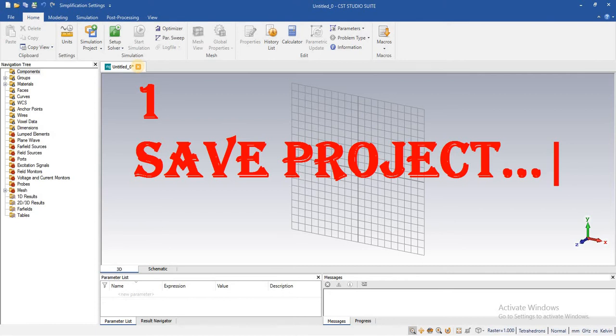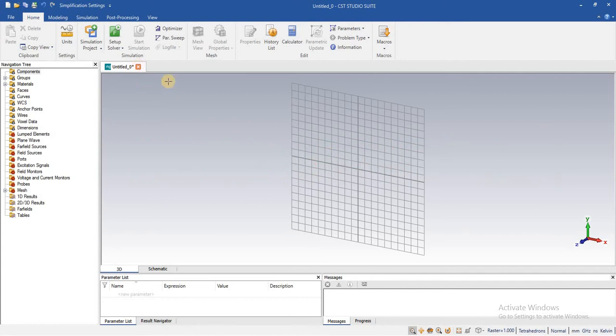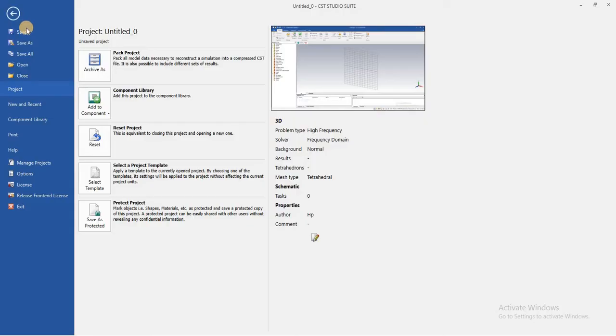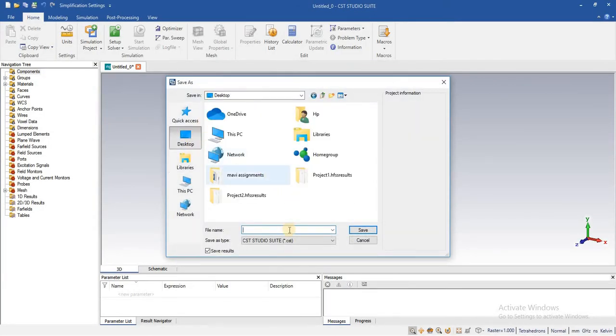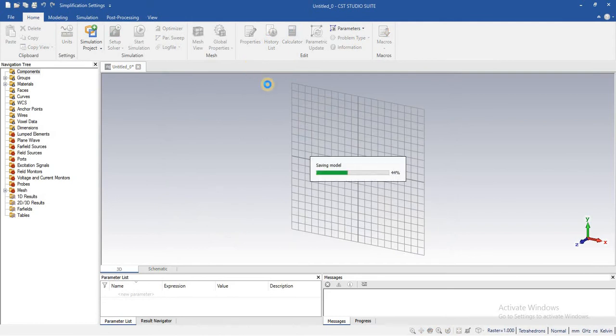So saving the project at startup is necessary, so that your result will be saved automatically in that folder. Just go to file and save project. Just save.